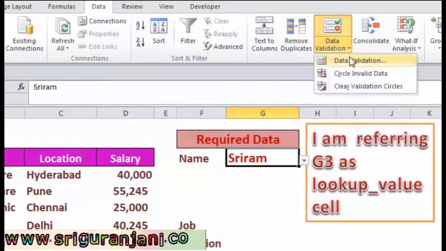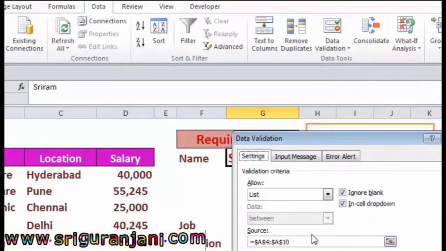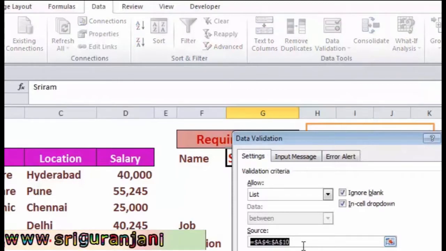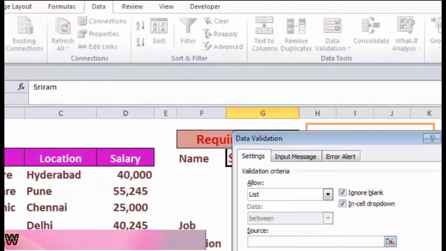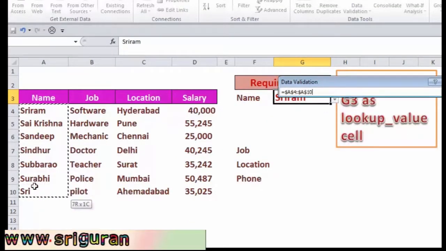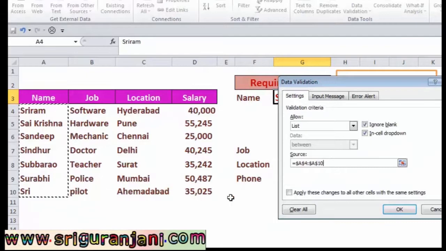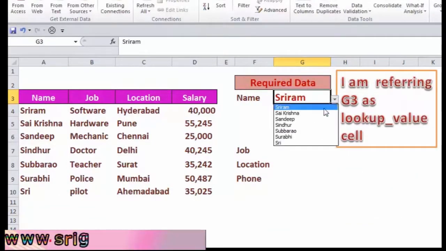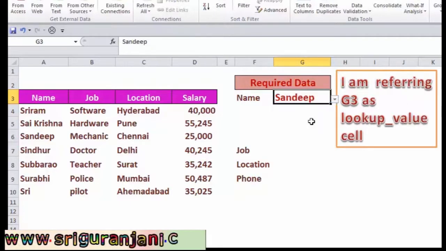So here is the process. Now the drop down list has been created.